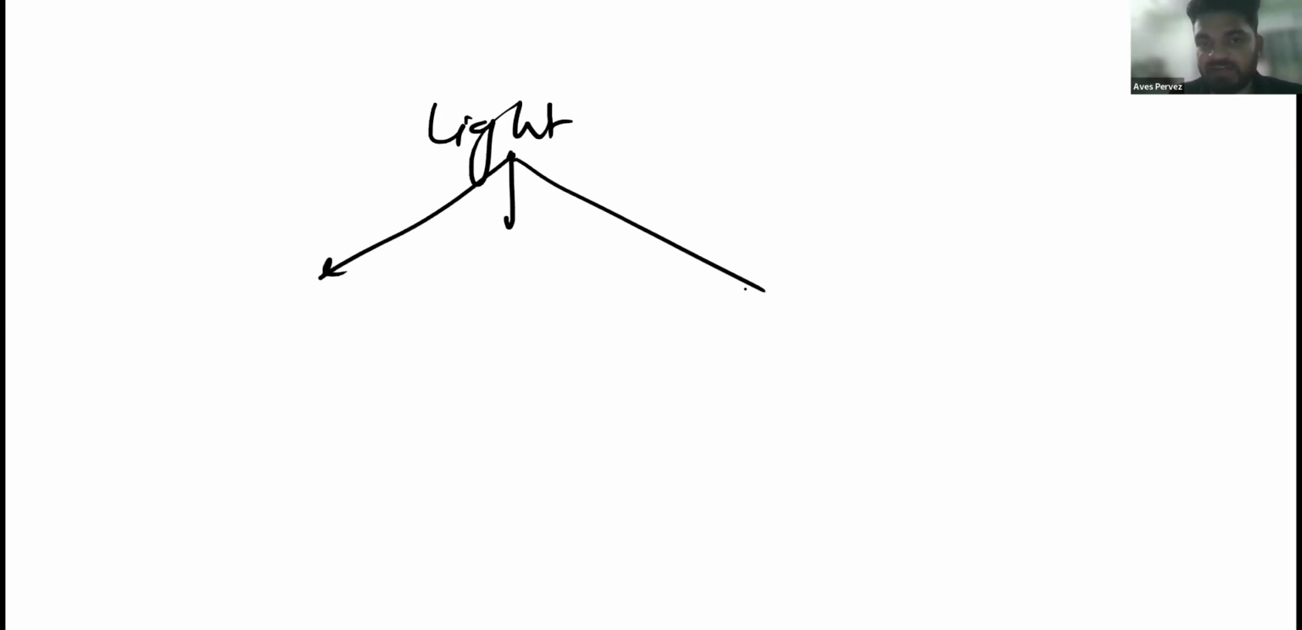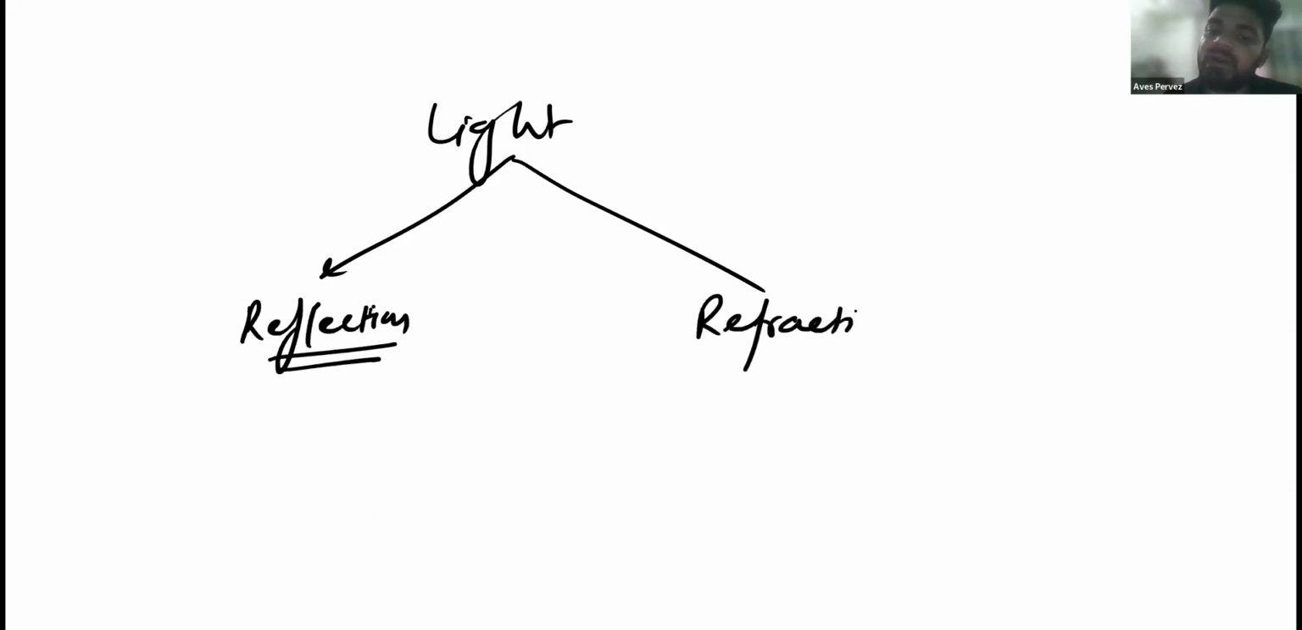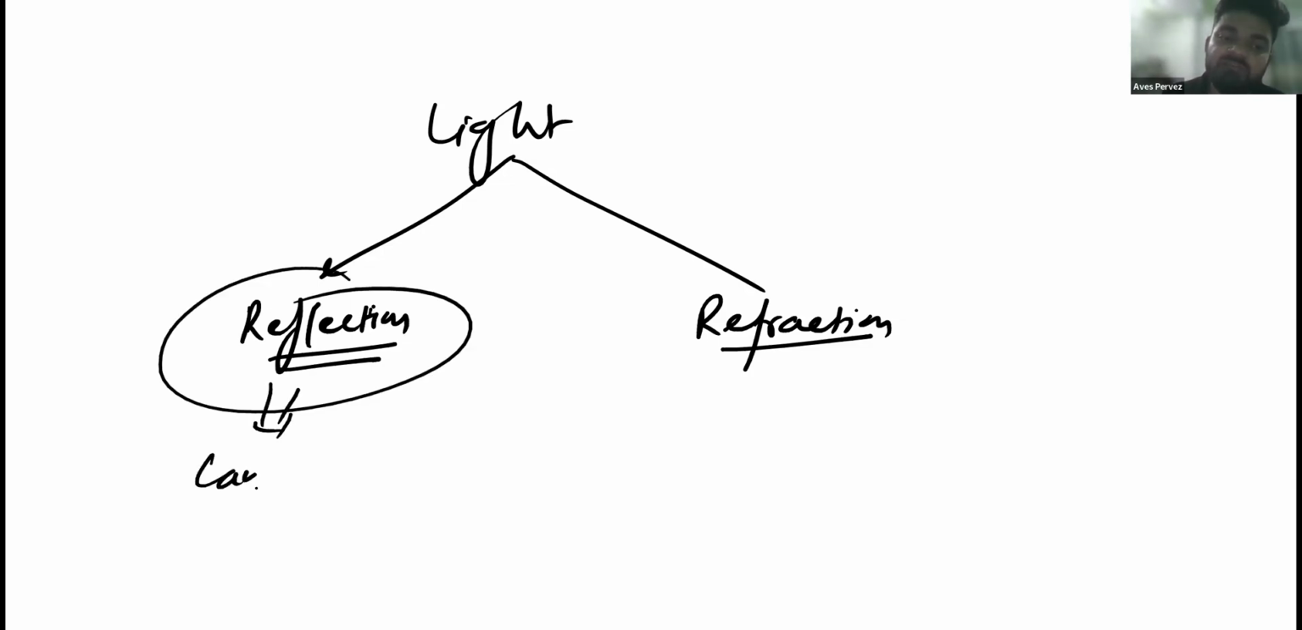First of all, the light chapter. In the light chapter, what we generally study, we generally study two types. Light is divided into two portions in the 10th standard. One is reflection by mirrors, and the next one is refraction, the bending of light when it passes from one medium to another medium. So here we will study the image formation by plane mirror, concave mirror, convex mirror,